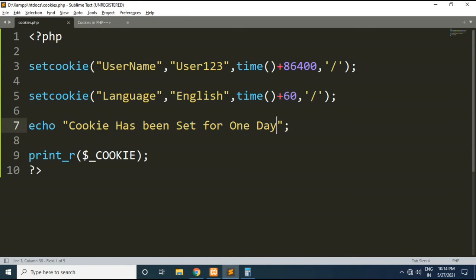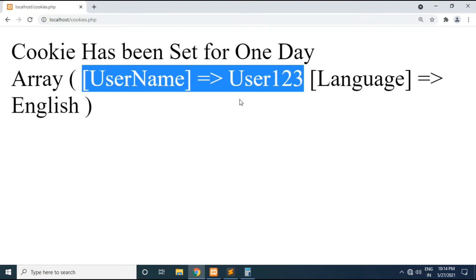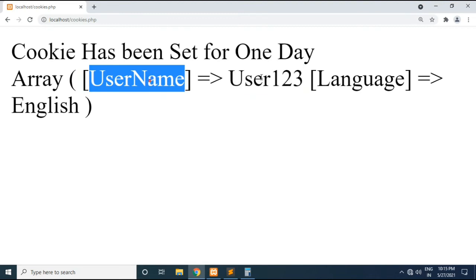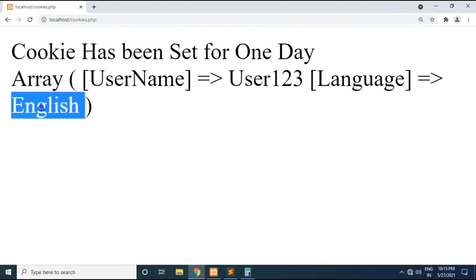Okay, so we will get the result on the next line like this. You can see here we have created two cookies. One is called username with value user123 and another one is called language with English. Okay, this is how we can view the cookie values here.